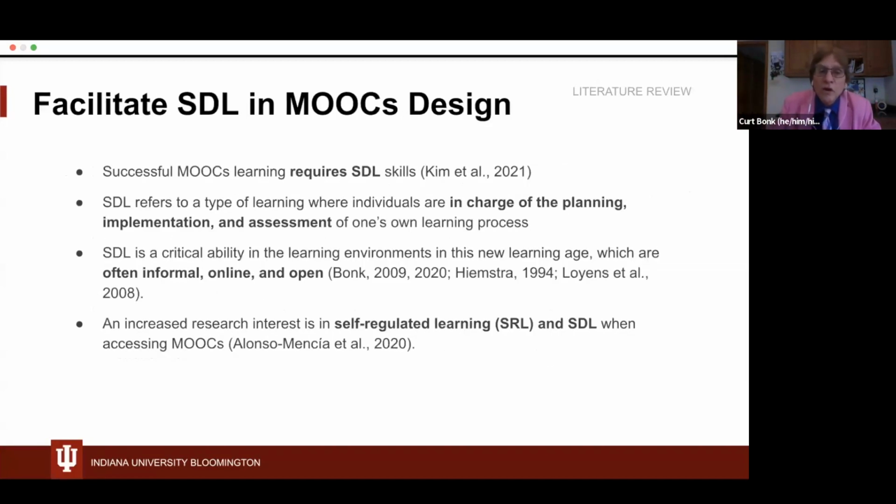And so we're going to look at self-directed learning skills of students, the planning skills and self-assessment skills, because SDL, self-directed learning, is critical in this age of informal learning, this age of online, open education, distance education, which is pervasive and wraps around us on our mobile devices every day. We're always learning all the time. So we want to understand more about self-directing our learning process, as well as self-regulating what happens within specific episodes of one's learning.